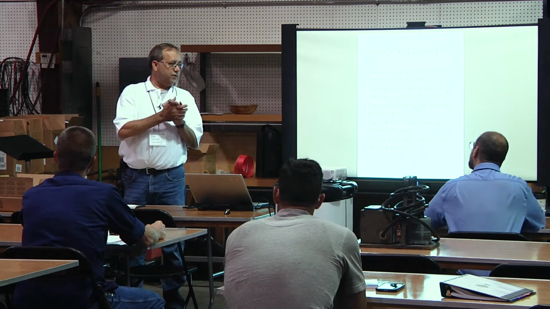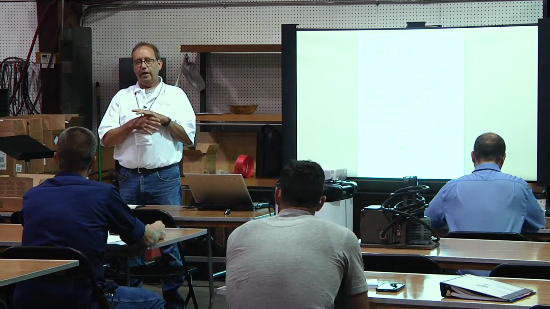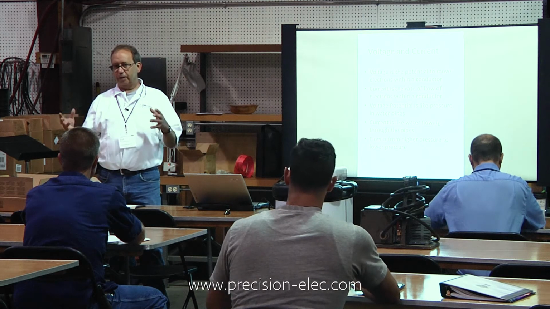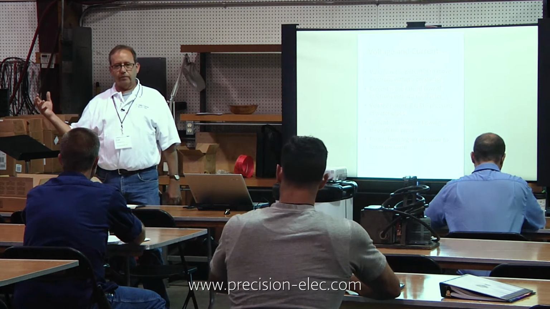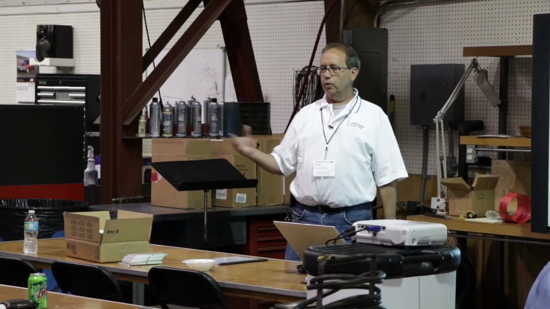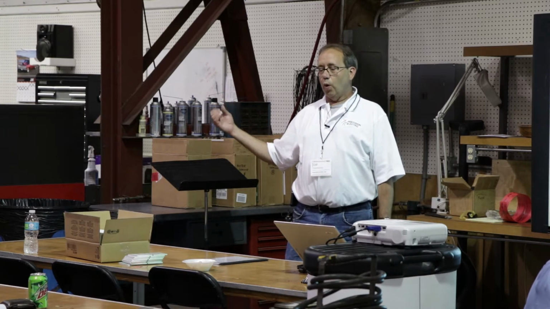Usually the first thing I like to do is talk about the relationship between voltage and current in a conductor. The easiest way I have found to put it into a physical sense is to liken it to a plumbing system. Think of the pressure behind it as the voltage, because voltage doesn't flow through a conductor, voltage is just the pressure behind it. The water that would flow through a pipe is the current flow, and then the pipe itself would be